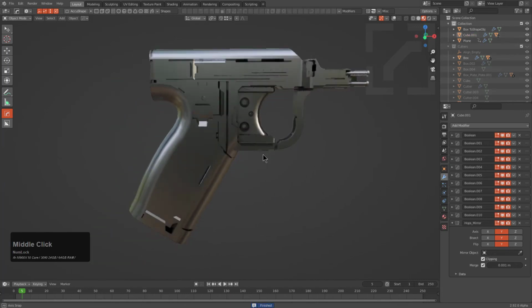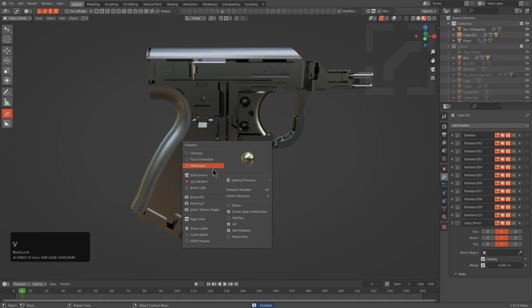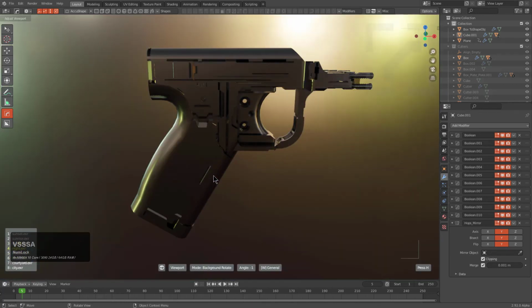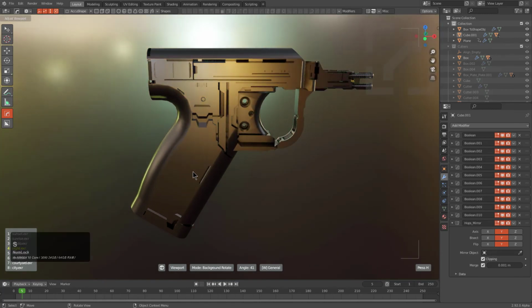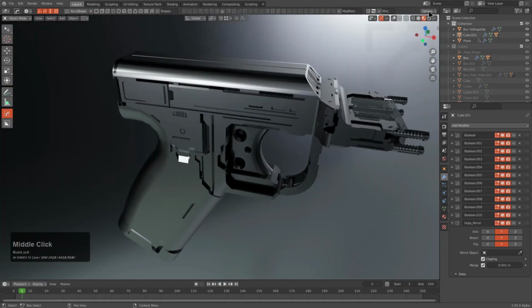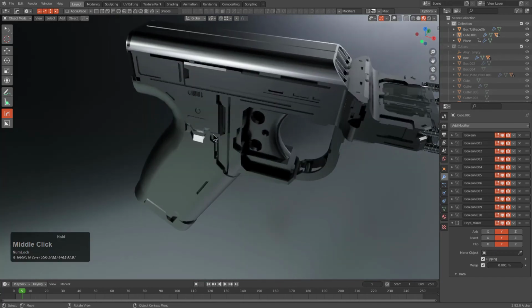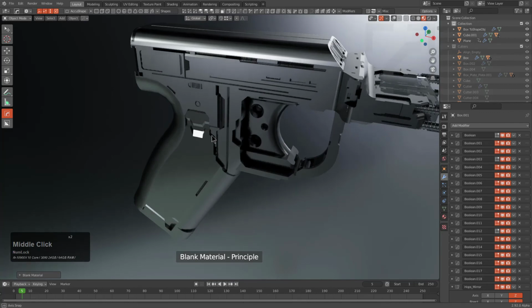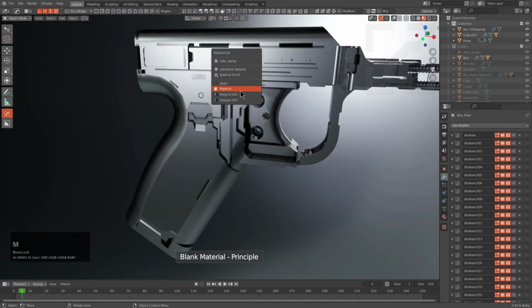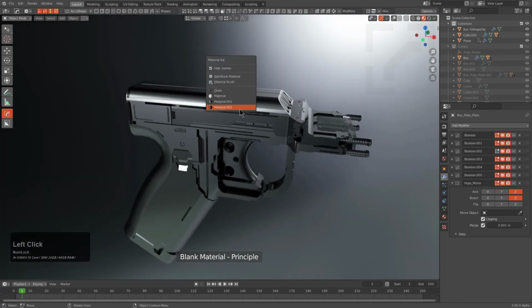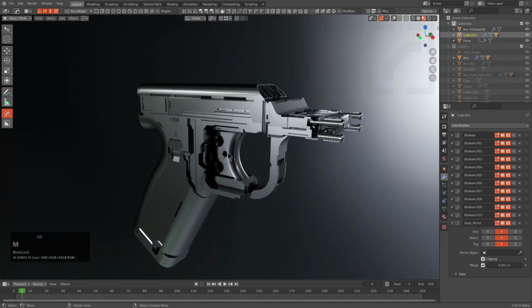Alright, here we go. Oh no, what was I so indecisive for. We could also press Alt V V, find the right look dev environment to present this. However, in this setup, we have like 4 environments that are built into Blender, so we don't have a whole lot to work with. So let's select a handle, give it a blank material. We can select this thing, give it material 2 as well,